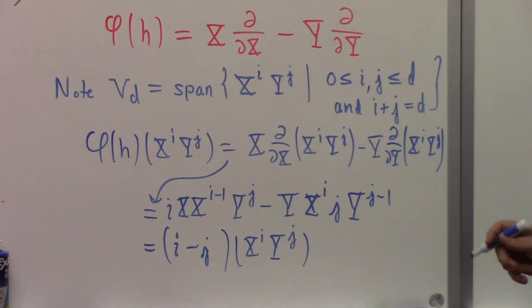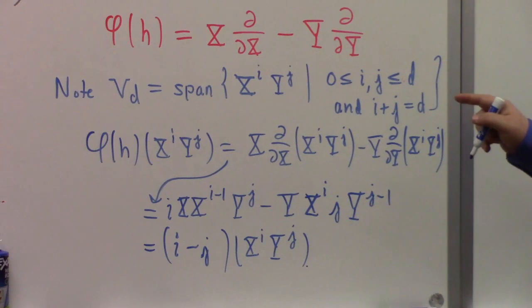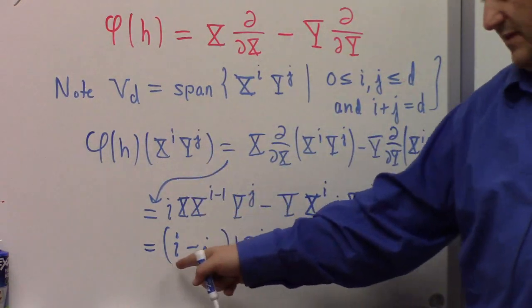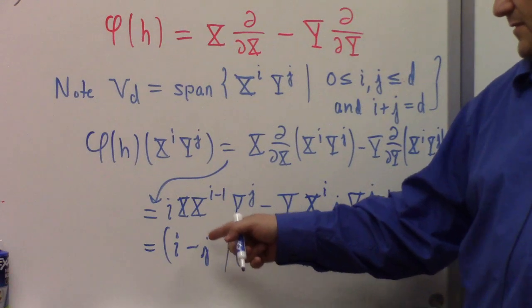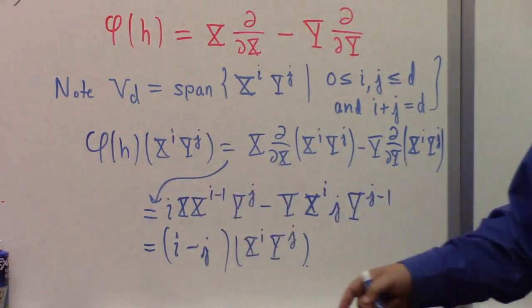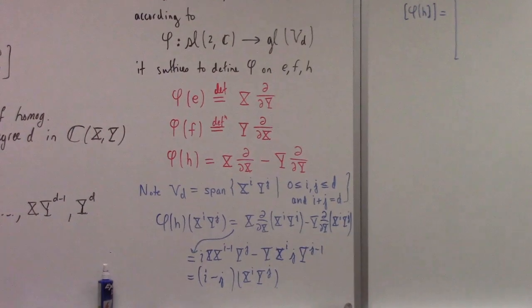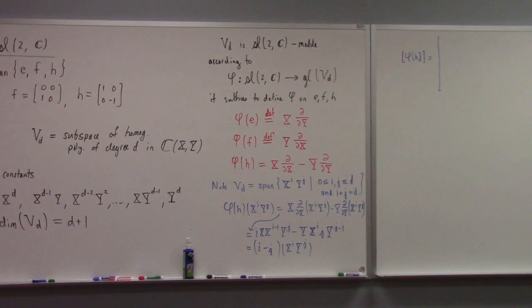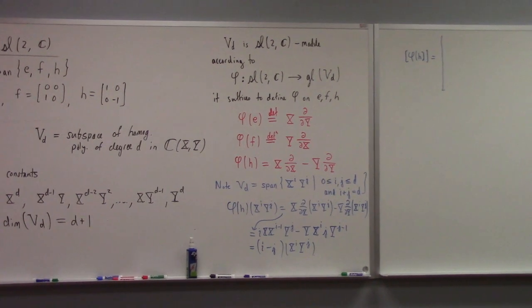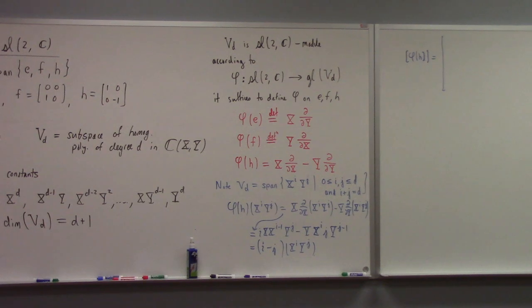So cool. Anyway, that obviously shows you that phi h acting on the basis is just multiplication by a number, which is to say that if you were to look at the matrix of phi h, what would it look like? The matrix of phi h would be partial x and the 1, 1, 0, 1, 1, 2, 2, 1, 0, and then partial y minus partial y. Assuming I use this as the ordering of my basis,